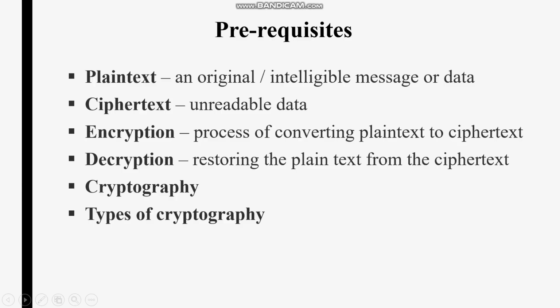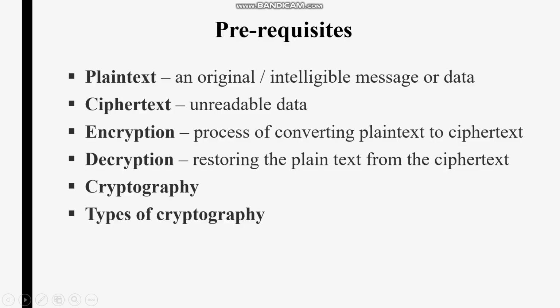On the receiver side, the receiver performs decryption, that is, restoring the plain text from the given ciphertext. Once the receiver has received the ciphertext, he restores the plain text from it. How is that done? We'll see it. Restoring the plain text from the ciphertext is nothing but decryption.